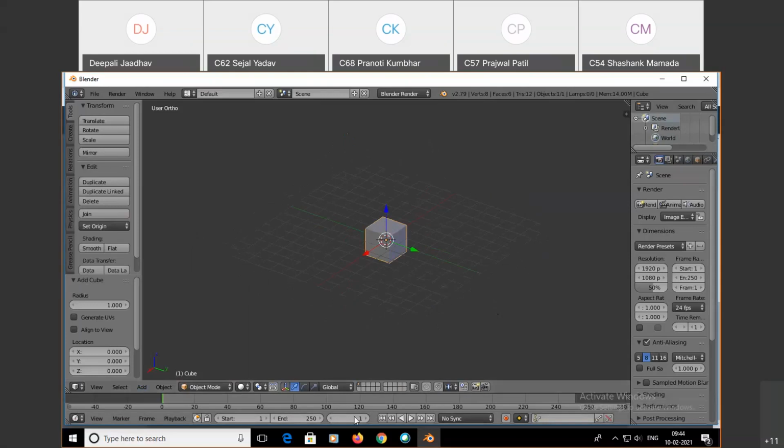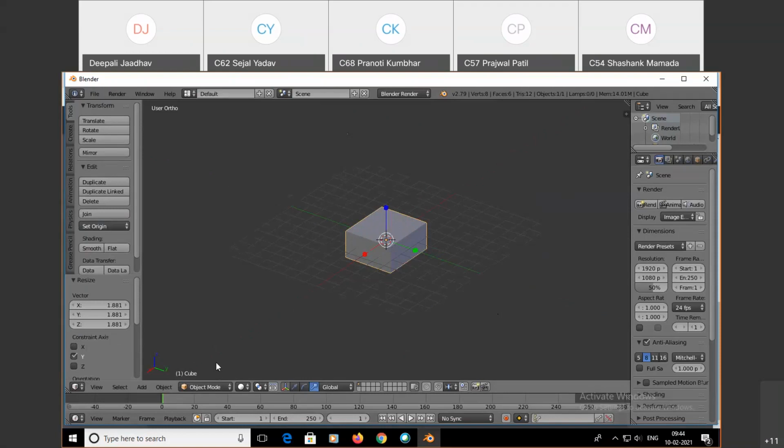Okay, I scale it first. Now E and R. R is for loop cut and E for extrude.